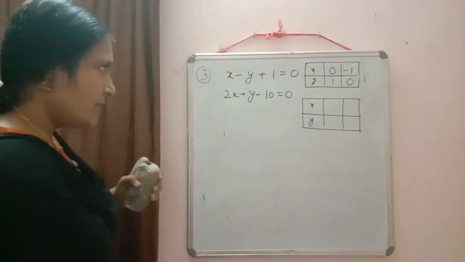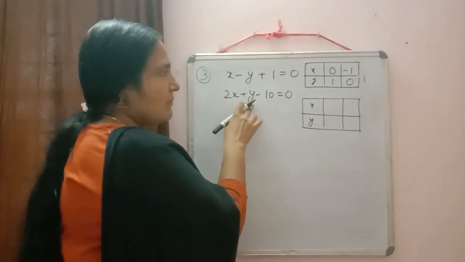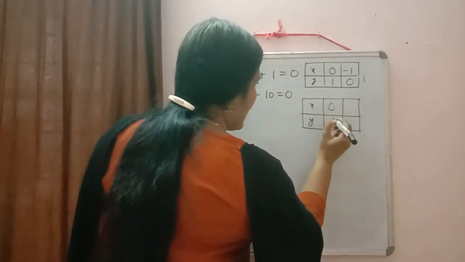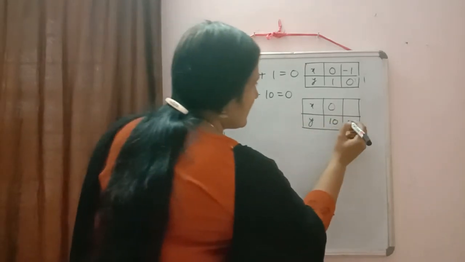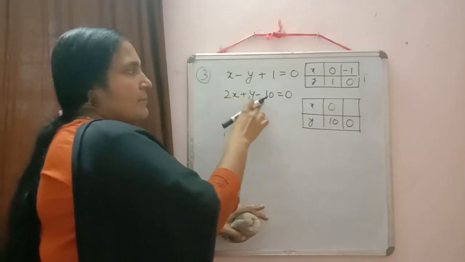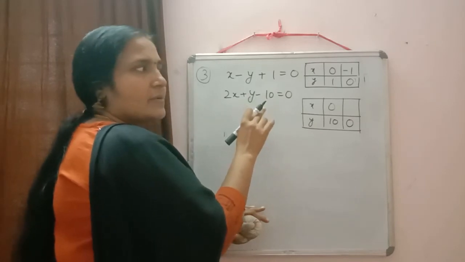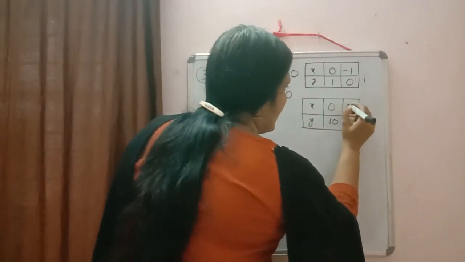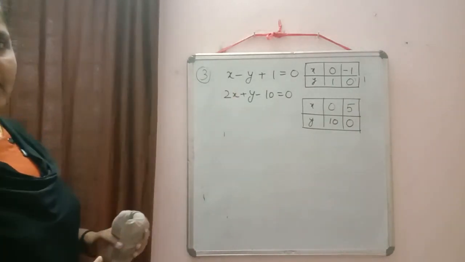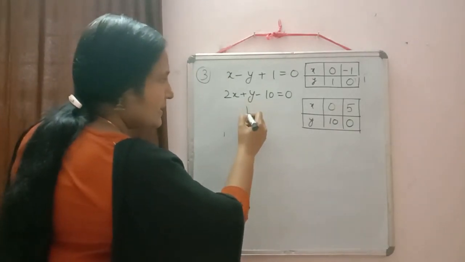Clear? Okay. Now in the second equation, again put x is equal to 0. Then what will come? y minus 10 is equal to 0, then we will get y is equal to 10. Now put y is equal to 0. If y is equal to 0, then we will get 2x minus 10 is equal to 0, or 2x is equal to 10, x is equal to 5. Now all of you draw the graph for these two equations. I am also doing, you also do there. Y coordinate till 10 we want there.